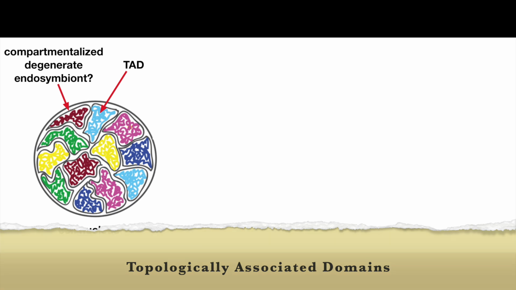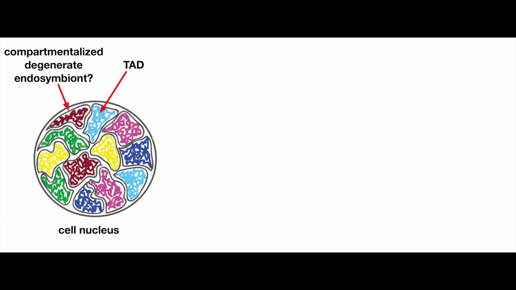What that means in plain English is that it's a chunk of DNA all wrapped up, but it has its own compartment within the nucleus. So there's some organization there that is recognized by the scientific community. Exactly how that is organized, they are yet to say, but they are saying that there is some level of